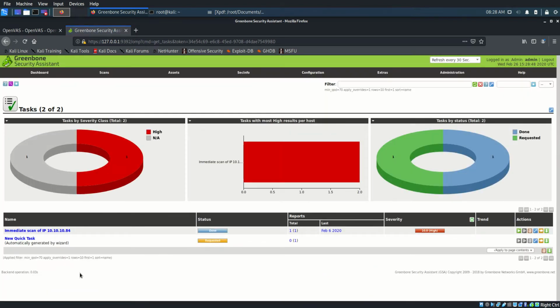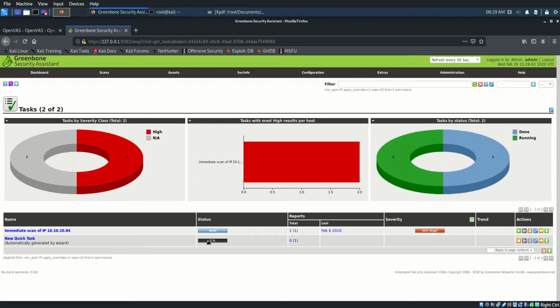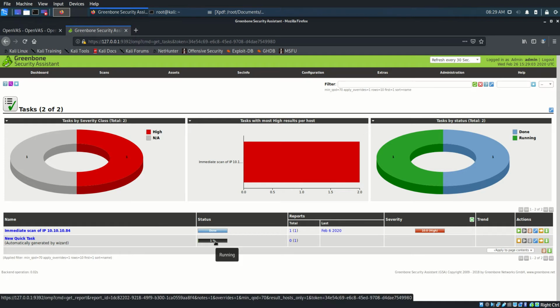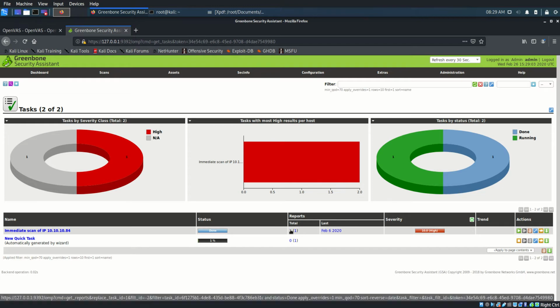You'll see that the scan here is requested as a task. It might take a little while to execute. If you hit F5 to refresh, you'll see that it's executing. Its status is running. It's at 1%. Luckily for us, I have already run a scan on the host, and to see the results, you go to the reports column and click here,